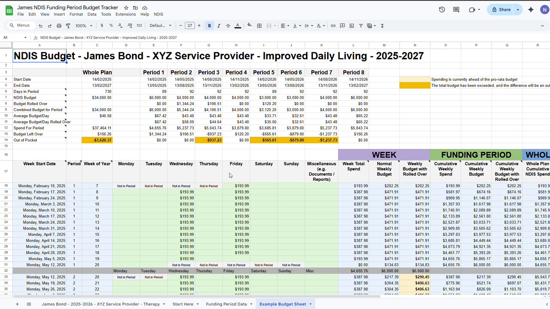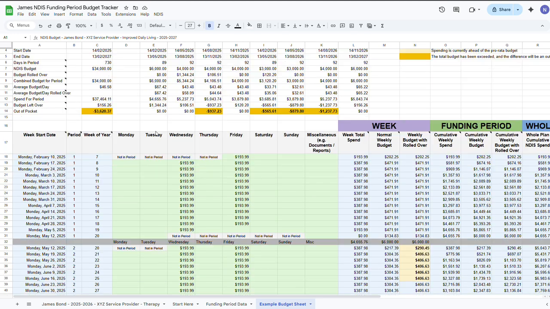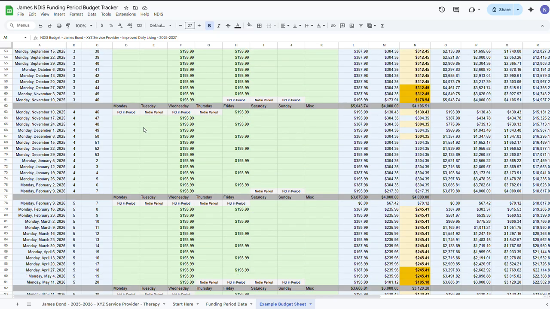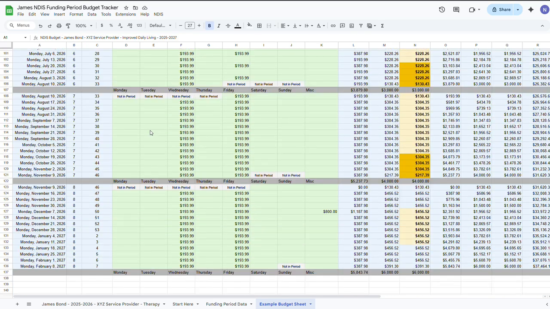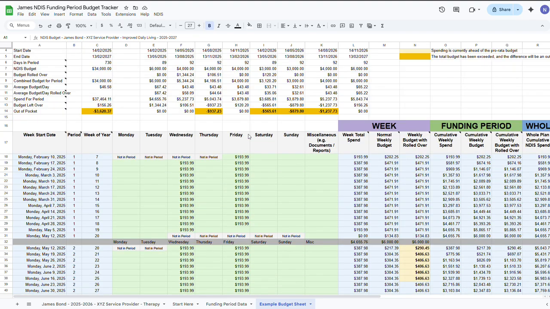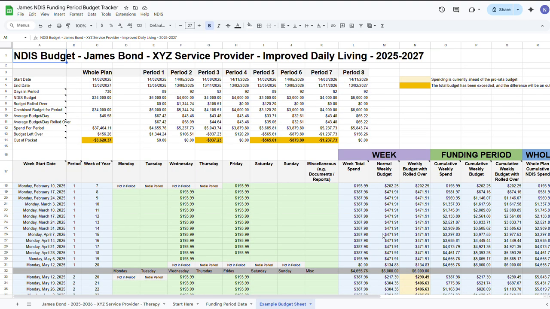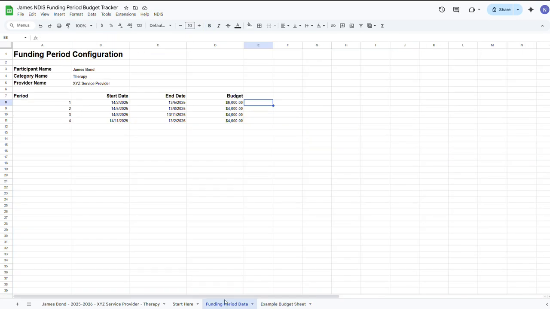you an example of an 8-period plan with different numbers put in, and you can see down here a little bit similar to what we just did in our example, so you can have a bit of a play around with an example sheet. If I wanted to create or look at different scenarios, I could just come in here and run this again, generate a new sheet, and I'm going to call it category. I'm actually going to just type in here test for holidays,